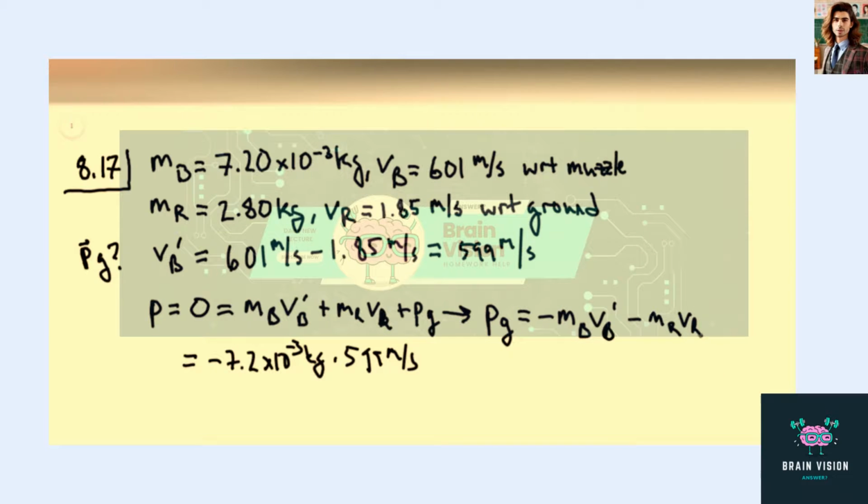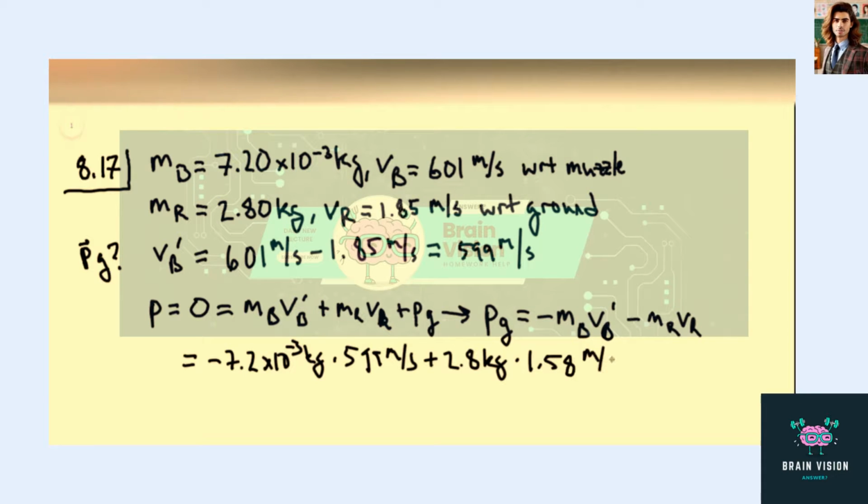And now V sub r, recall, is going to be negative, and so we're going to get a plus sign here. So here's the mass of the rifle times its speed with respect to the earth. And when you put all this together, you find